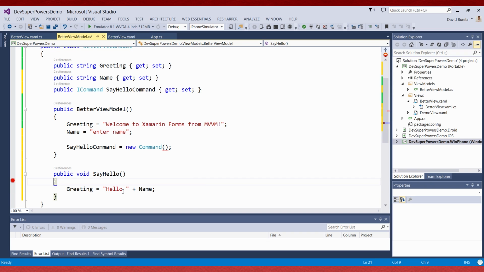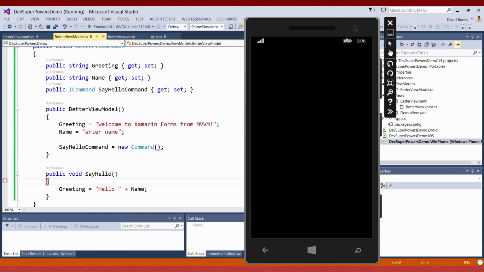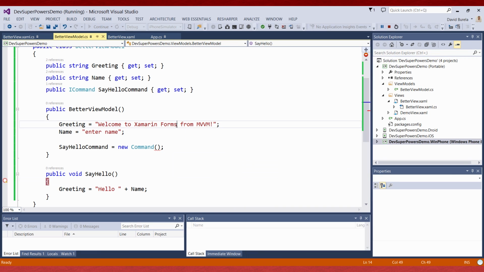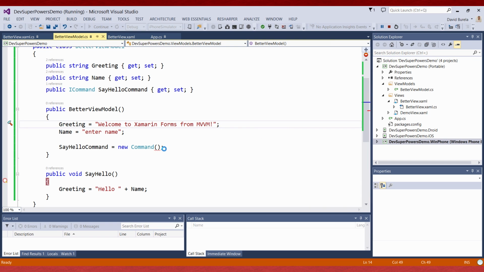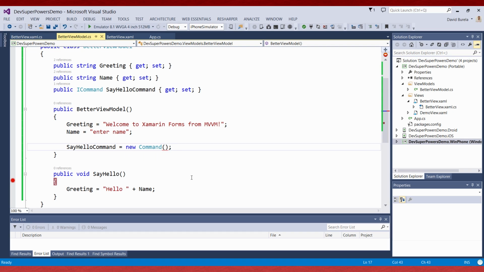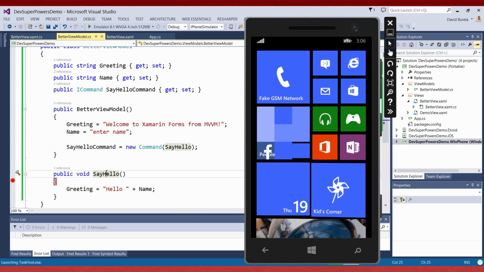Great, so let's put a breakpoint there. We're going to hit F5. Oh, no, because we forgot to do one thing. Our SayHelloCommand, we forgot to say, the SayHelloCommand is going to instantiate this. So our button is bound to this. We're instantiating that command, and that command is just really simple, and it will invoke this method. Nice and simple. We're going to hit F5,